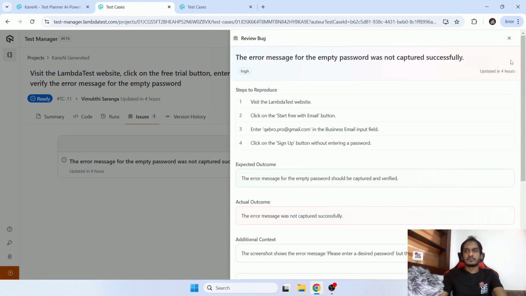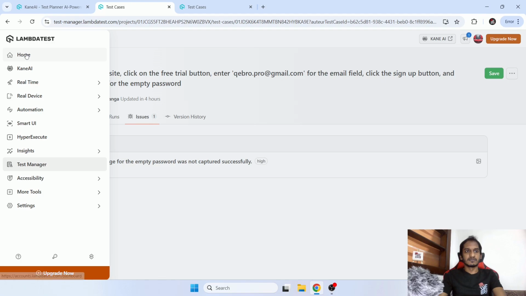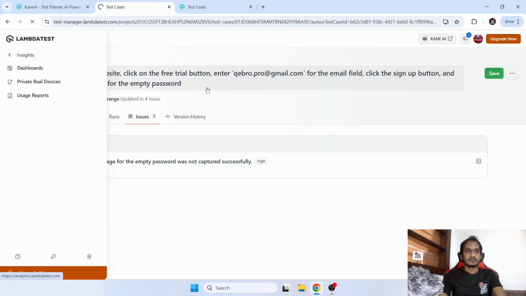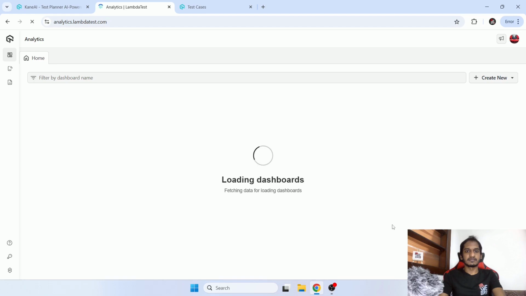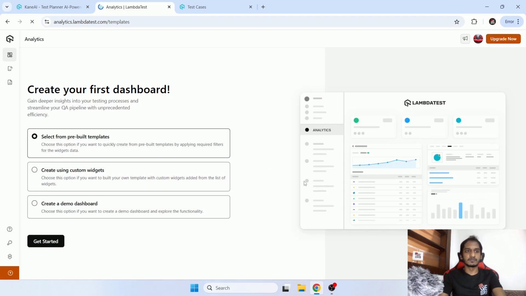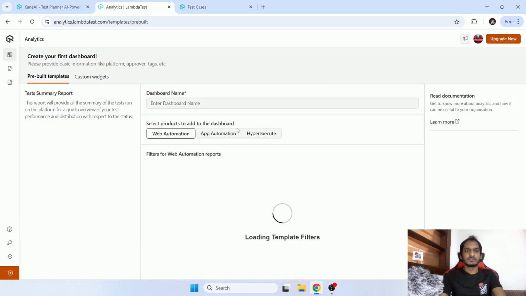Okay, so I think that's it for today's video and also for the LambdaTest playlist, because now if you check, we discussed everything. The insights here are again the same; the insights are inside the test manager. Likewise, we have a separate dashboard for all the insights in our project. Here you can create a dashboard. Okay, I will quickly show that as well. And here you can add some